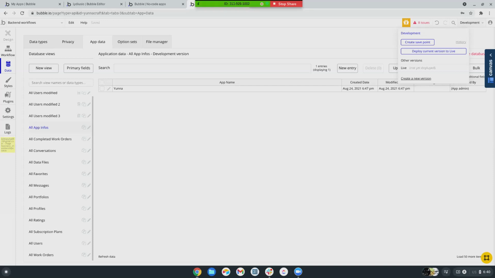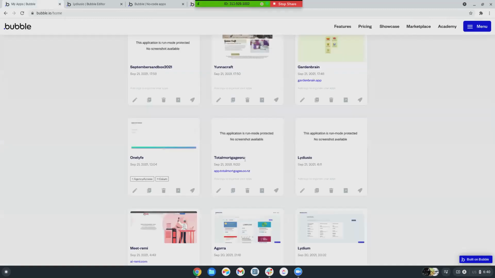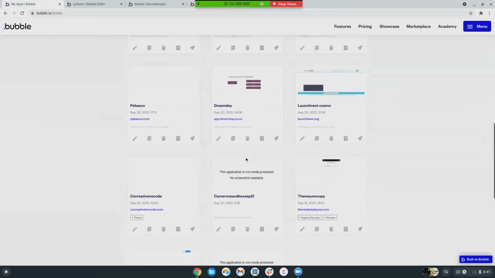And then someday, when you have lots of users and you start to make some of the bigger changes and add bigger new things that are going to take you several days to several months to work on, when it makes sense, you might create a new version here that is an additional version, not live and not development. And what I usually do, and what I've done in CoCreative for that very reason,